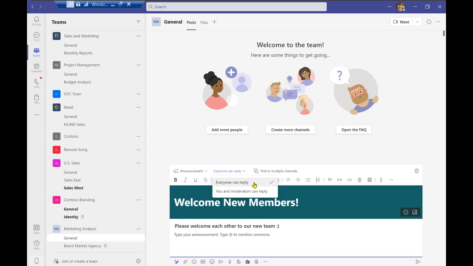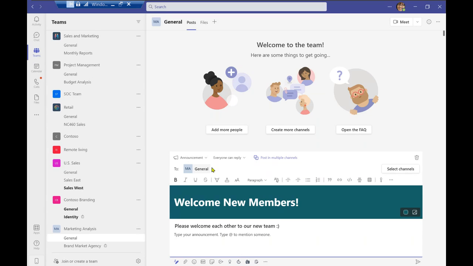But if there was a larger team and you wanted to limit the amount of traction that may be in the general channel, then you can perhaps set it to you and the moderators can reply overall. Now, another option that is available as opposed to other conversations you'll see over here is to post in multiple channels. So if I go ahead and select post in multiple channels, I can post